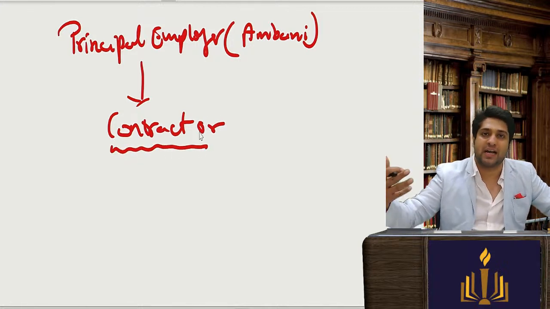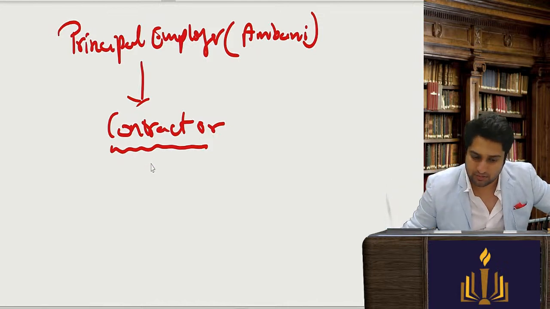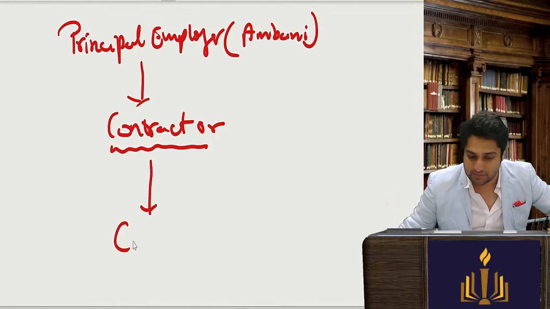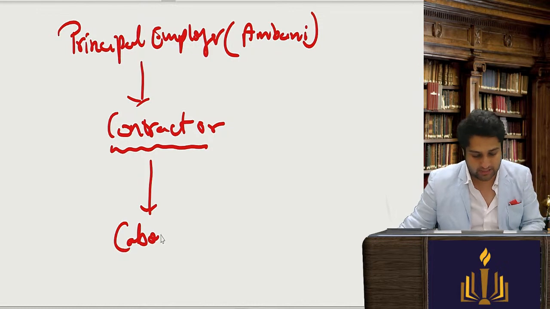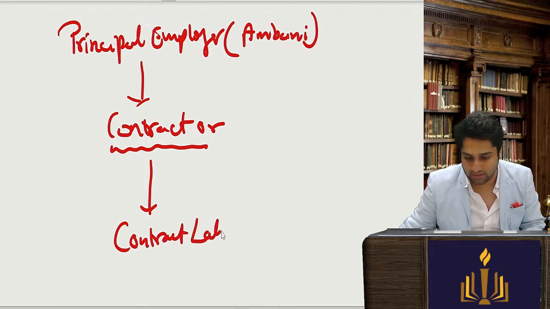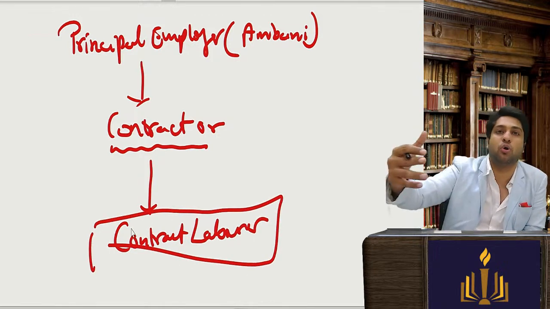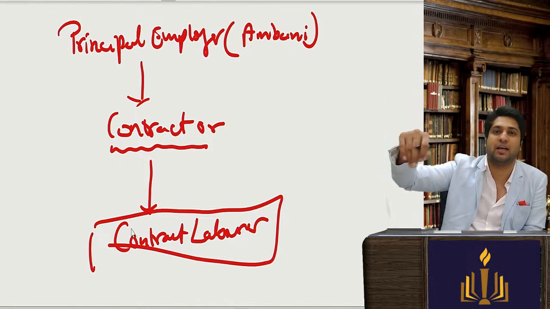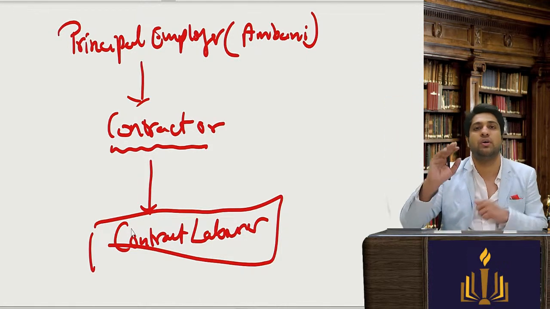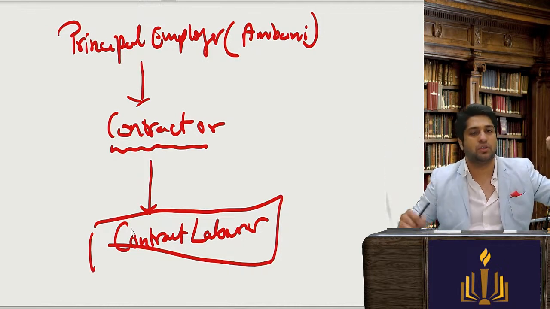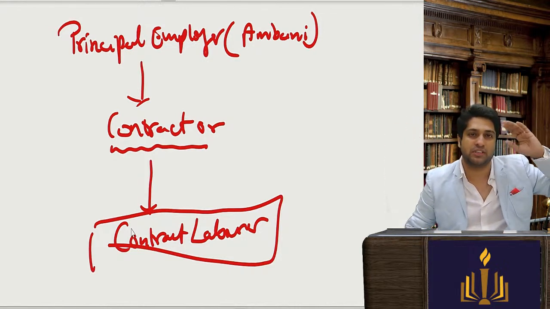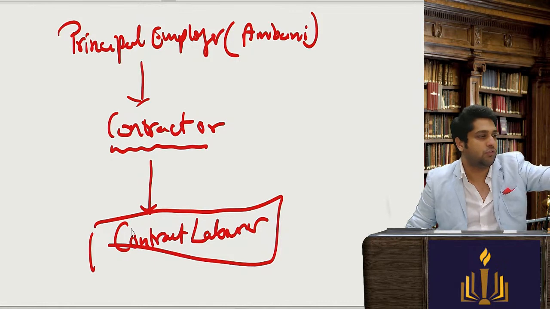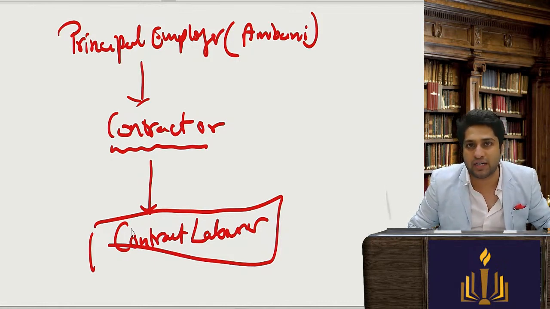When these contractors hire these people, they are called contract laborers. So these contract laborers are those you see on the road. They have made sheds and are living with their families, doing all the road transportation, or you could say carrying the work for making the road. So they are all contract laborers.